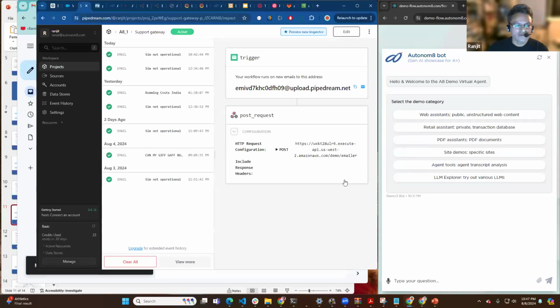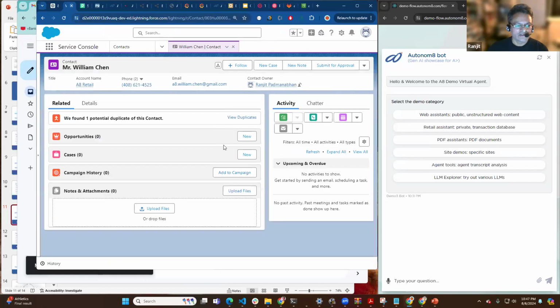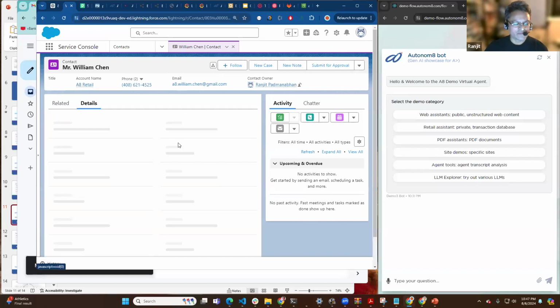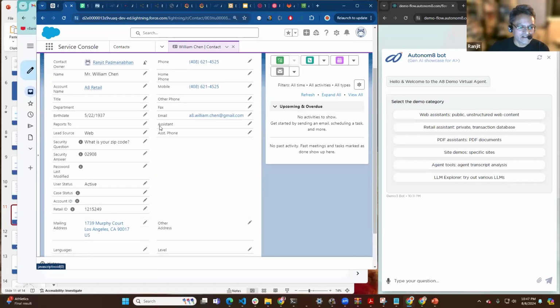Meanwhile, let me also show you what is going on in Salesforce. This is the Salesforce record in the backend, in the CRM for Mr. William Chen. And at the moment, you'll see that there are no cases and things like that. But one of the pieces of information that's sitting here in their record is called the retail ID. This retail ID is the ID of this user within the transactional database that contains the actual information about the